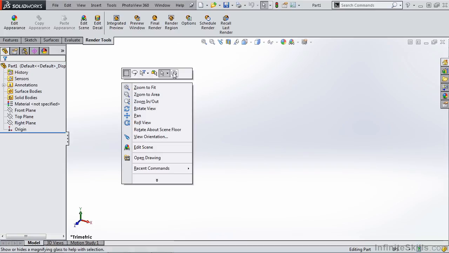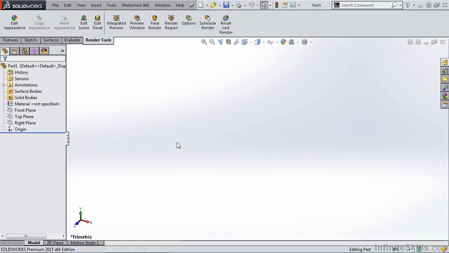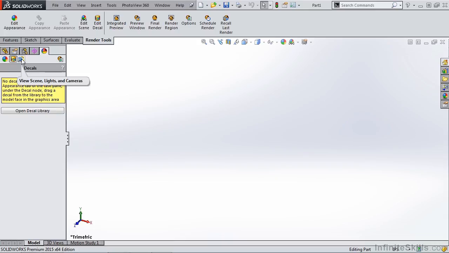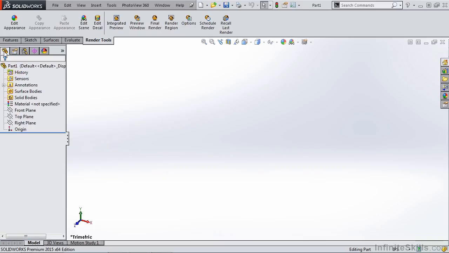You'll notice that by default, when I click the right mouse button, I have an Edit Scene option. There are also other commands that we can add to here, as well as access to recent commands. We also have a display manager, which can display appearances by different order. We can display them by their history, which was added first or last, alphabetical, or in a hierarchy state. We can display decals. We can also display lights, cameras, and scene information, such as a walkthrough. So all this information is at your fingertips directly in your command manager, as well as on your tabs and